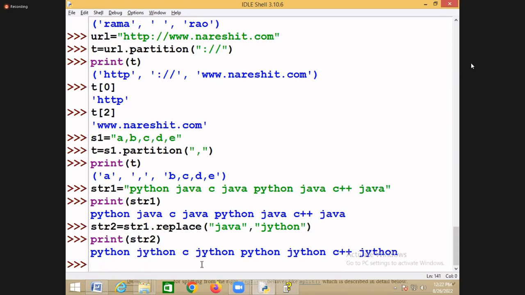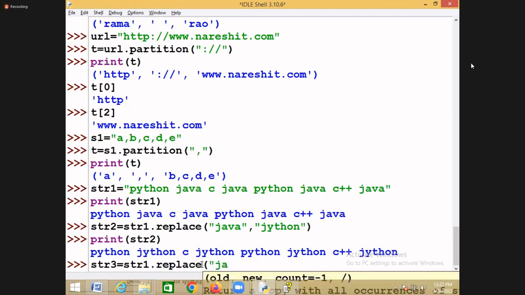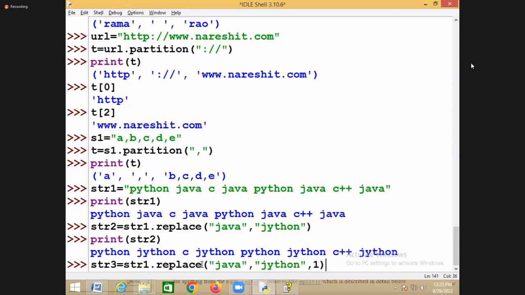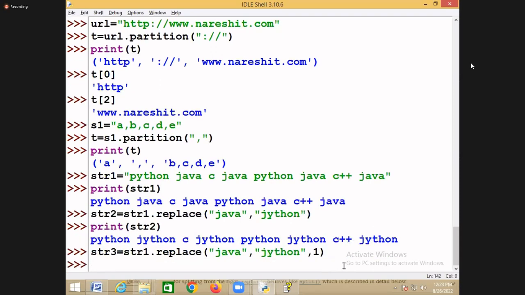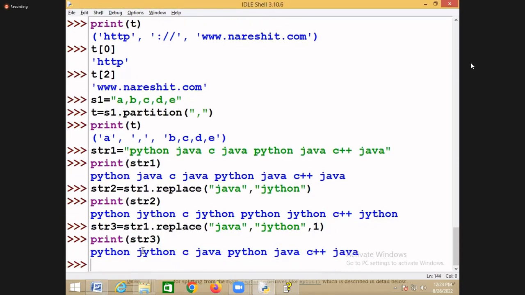But I don't want to replace all. Then I'll say str1 dot replace. What do you want to replace? Java, and I want to replace Java with Jython. But how many occurrences? Only one, the first occurrence. The first Java is replaced with Jython, and if I print str3, str3 has Python, Jython,